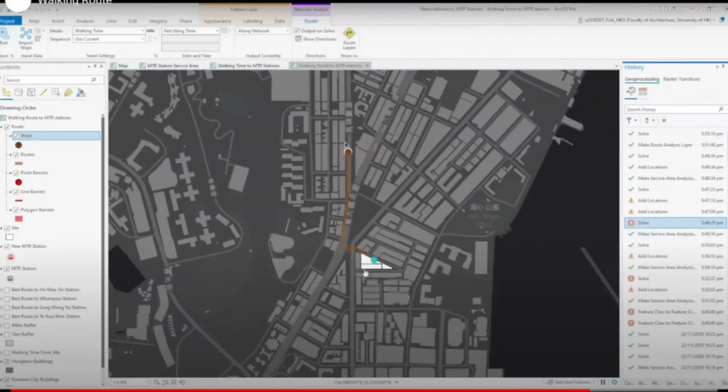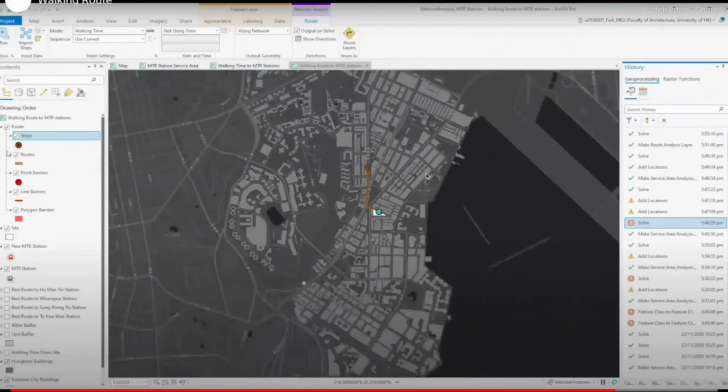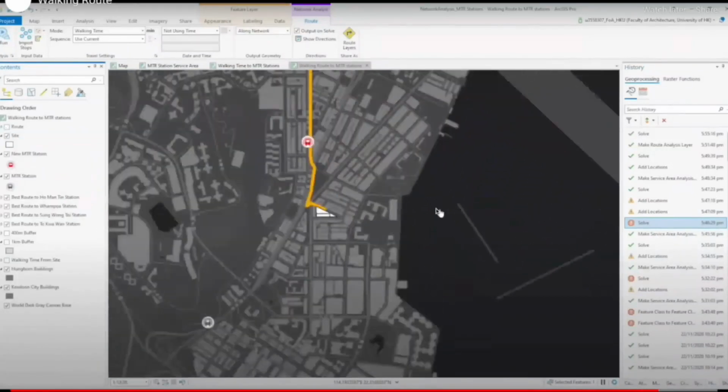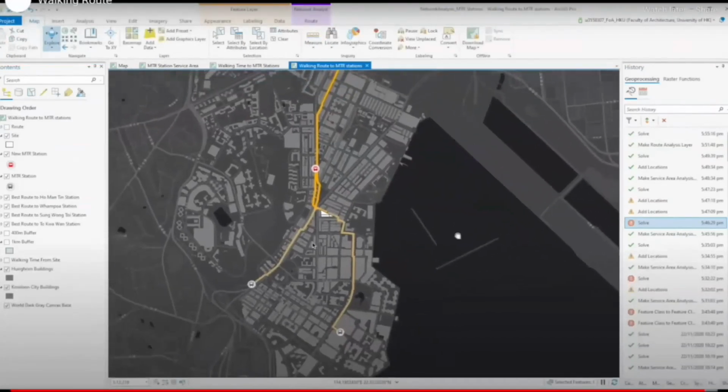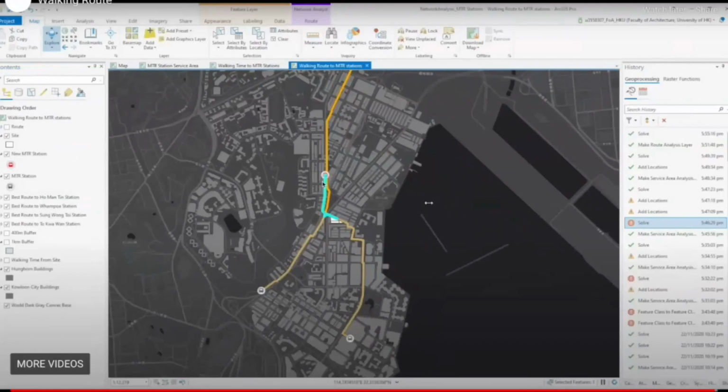the program, and you'll get this kind of line to show you how you can walk from your first location to your second location. In our case, these are the MTR exits towards our site. So for the time being, we have already conducted all 4 routes from each MTR station to our site. And when you click onto the route, it will not only show you the time required to walk from your stations to your site, it will also show you the distance that you will need to travel.